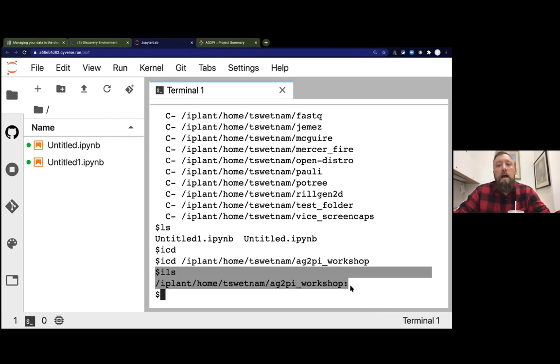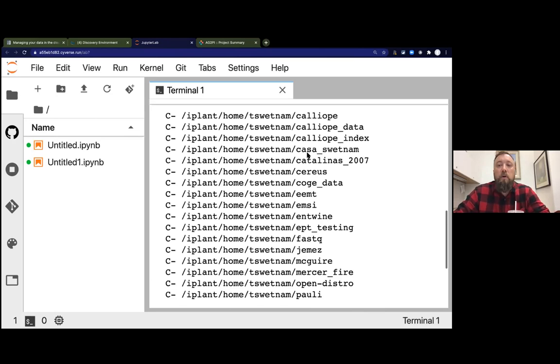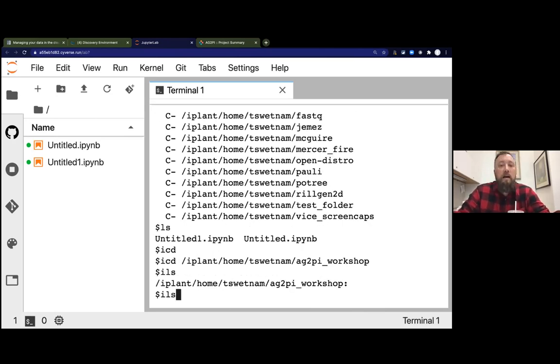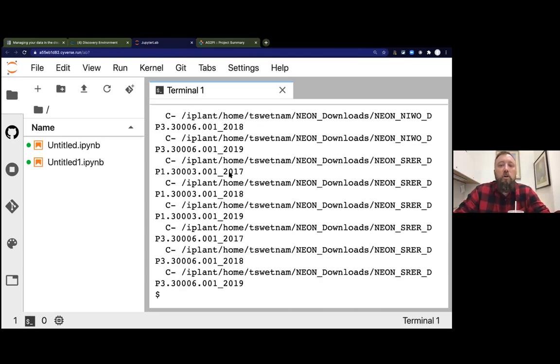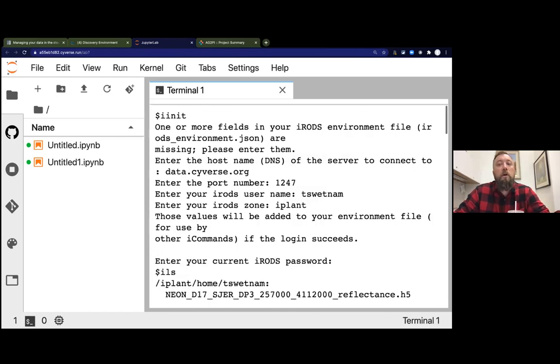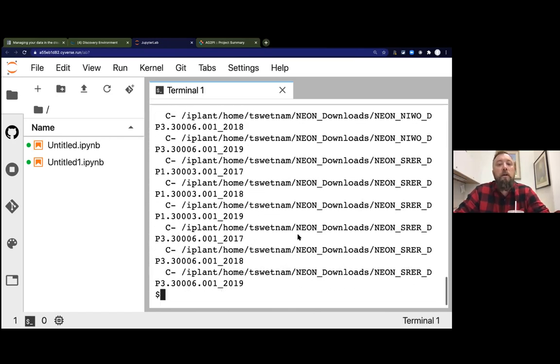So now I'm talking to the data store on the command line. So I'm having it list for me the contents of these different directories. So if I want to see what's in my Neon downloads folder, I can say ILS, iPlant, home, tswetnam, Neon downloads. And it's going to show me a great many folders and files that I've downloaded and I'm hosting in my directory there. So for you as a new user in CyVerse,